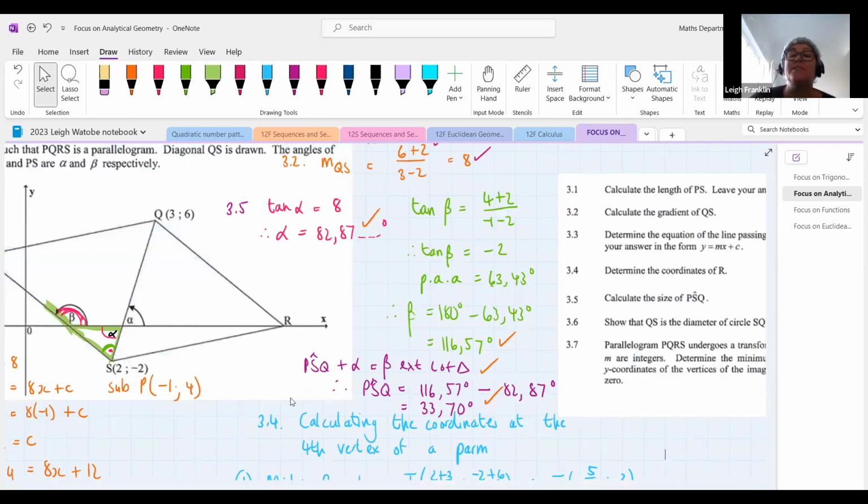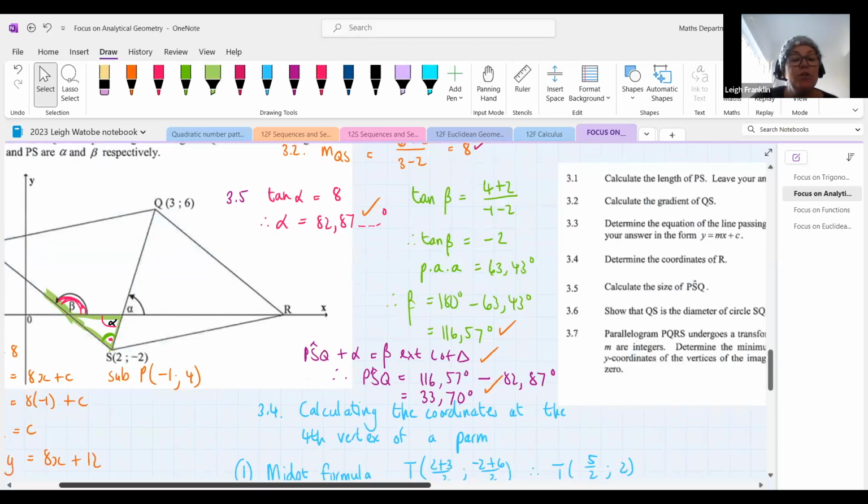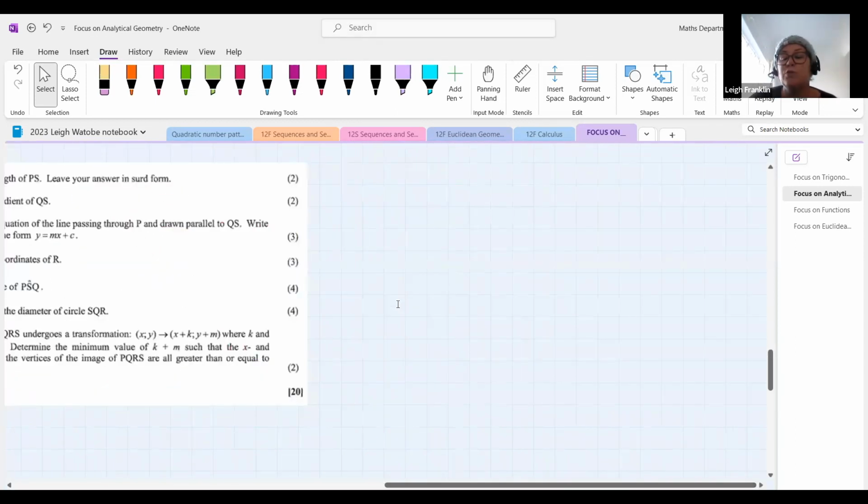Oratila, you're right. Yes, it has to be angle R. It would have to be angle R. Okay. Now, I want to just draw something over here for you guys, just to explain this a little bit